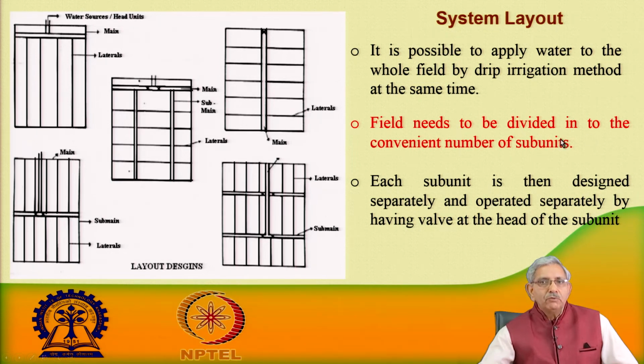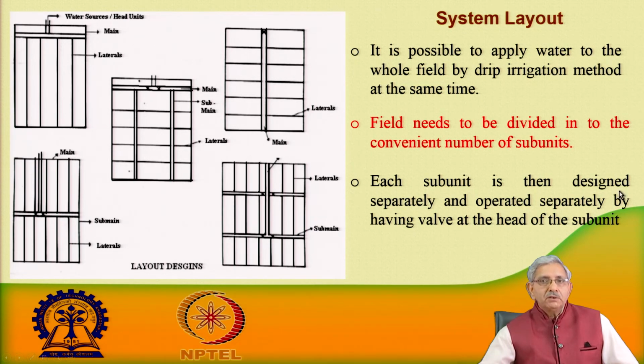So, the field needs to be divided into a number of sub mains. That could be a different arrangement. Here what we are seeing is that the main pipeline is laid and then sub main pipelines have been attached. So, we can divide depending on the width, the total number of plants, and the total area. This is one kind of arrangement which we are seeing. So, the layout will depend upon the field requirement and the layout of the field.